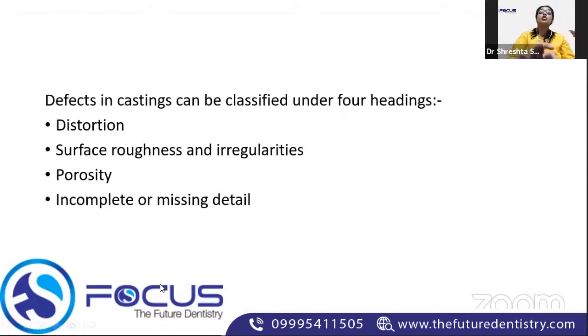Now, coming to porosity, porosity is definitely one of the most commonly asked topics for MCQs, because you have a lot of types of porosities. You have suck-back porosity, localized shrinkage porosity, pinhole porosity, gas inclusion porosity, etc. We will be discussing all these in the later slides. So your questions are mostly seen from these. Then you have a lot of questions which come from your sprue: your sprue width, your sprue length, your attachment of the sprue, and things like that.